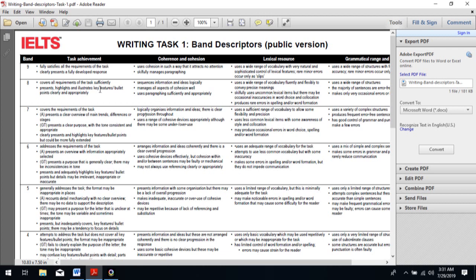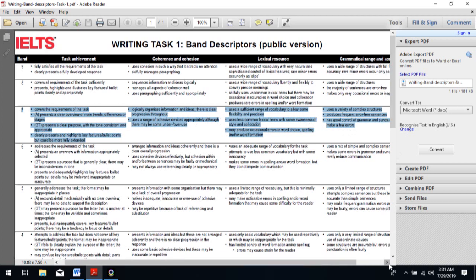Okay, well, I'd like to introduce to you first the band descriptors for writing task 1. I always begin my training by explaining to students what IELTS is expecting from them. So, of course, if you're aiming for Band 7, like what my student is aiming for in her writing, she's a Filipino bound to the UK, and typically nowadays nurses bound for the UK are required 6.5. But I push my students to go higher than 6.5. So these are the band descriptors. This is, by the way, the public version,